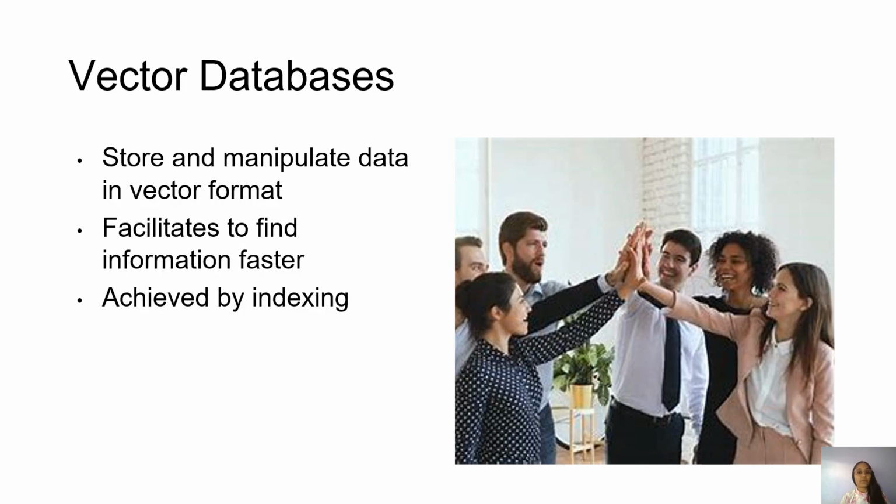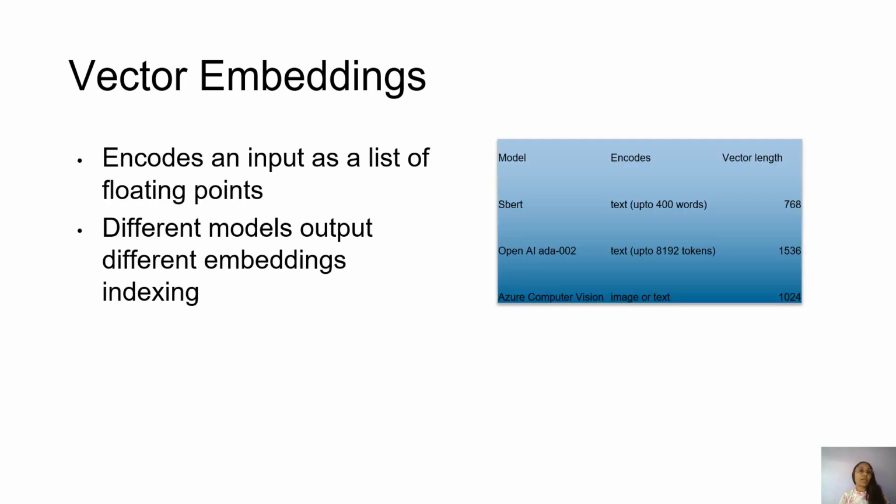Now that we have looked at what vectors and vector databases are, let's have a look at a term called vector embeddings. A vector embedding takes some input, like a word or a sentence or a paragraph, and sends it through some kind of embedding model, a text embedding model, and as a result it gets a list of floating point numbers. There are a lot of embedding models, and different embedding models output vectors that vary in their lengths,